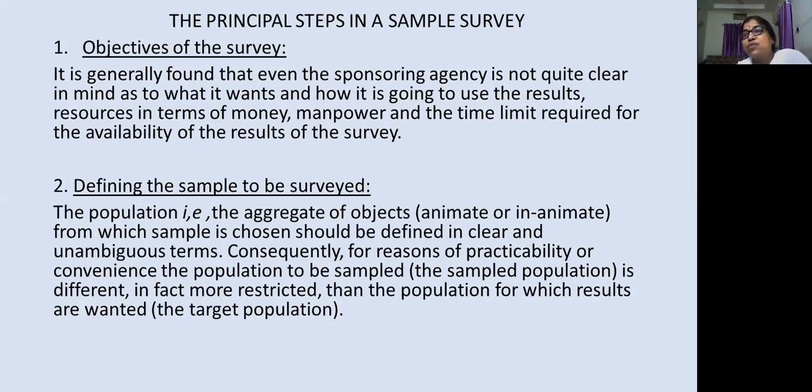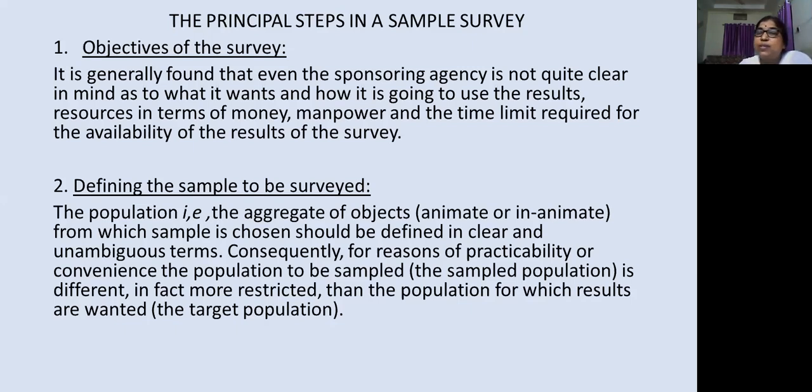I have to send children on 26 January. I got the circular on the 15th. So I have to give the names immediately so that the college can book tickets. Everything has to be arranged. So they give one day's time and I have to select two students. So how do we select? We should be clear about the objective. We should have the data, and the objective should be very clear to do any sample survey.